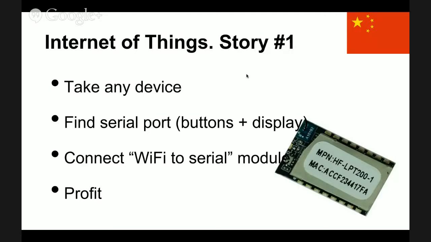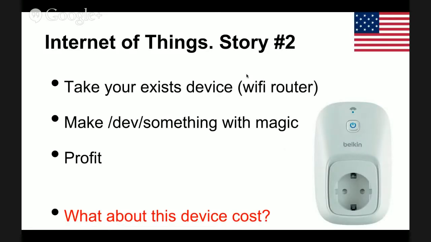Chinese guys take any device, for example a multi-cooker or a teapot, and find the serial port, just a connection way between buttons and display, and then connect a special Wi-Fi module to the serial port of the main board, and profit, because at this stage they have a really working household device with Wi-Fi. And the second way is the Belkin way, I think the US way,